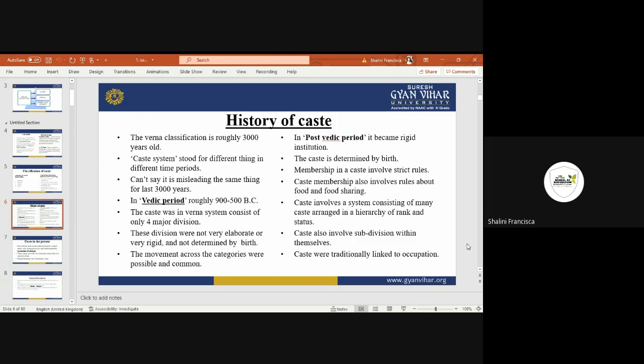So if some person from a local family prays and tries to devote his life towards God, towards nature,